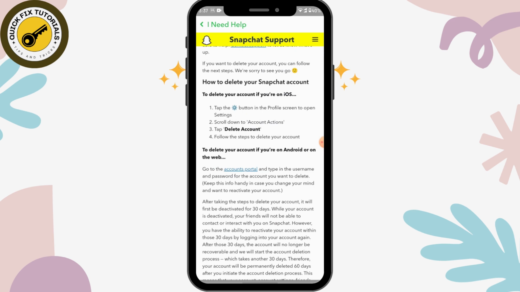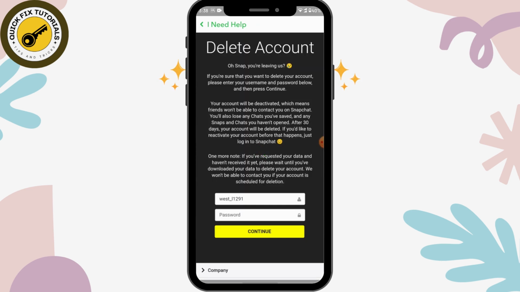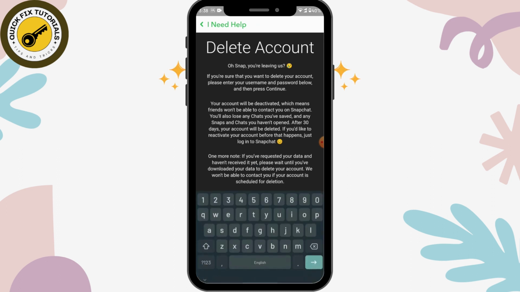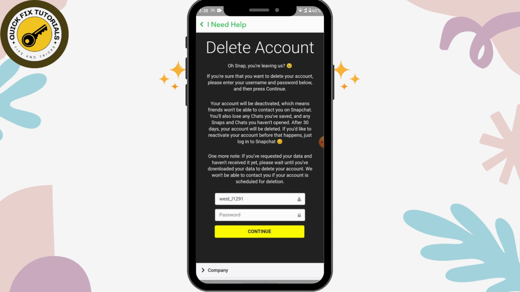will find accounts portal, which is written in the blue ink. So tap on that accounts portal, and here you will have delete account page. So here enter your username and then enter your password, and after entering tap on continue, and then your account